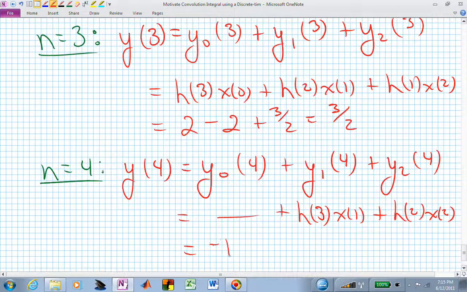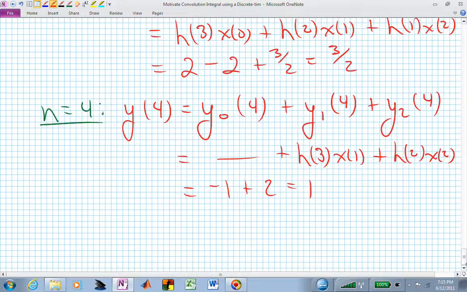This is now minus 1 plus 2, or 1, for the total response of our system at time n equal 4. You can see that we're starting to die out in terms of